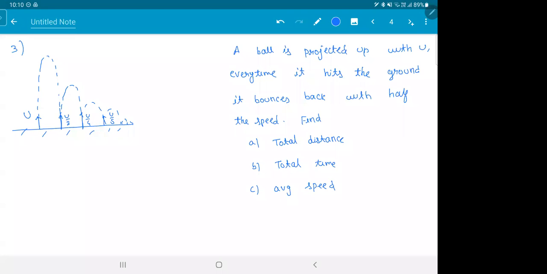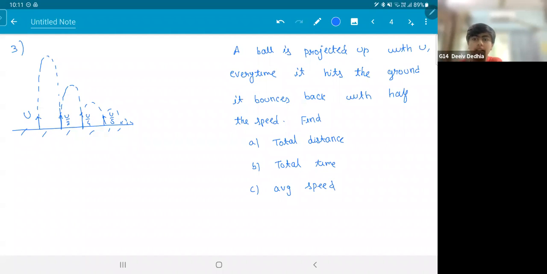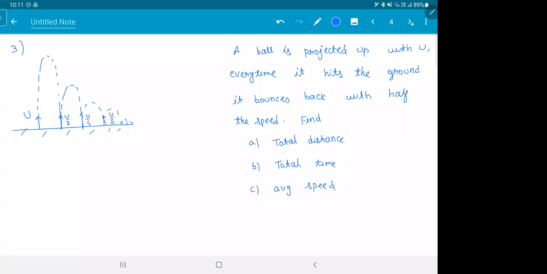Distance 3h, 4h. What is h? I didn't give you anything called h. I know you mistook this from that other question. That's a different question. That question is where I dropped it from height h. Find the total distance traveled. Don't repeat, it's not the same question. But sir, then we can't use... Yeah, the answer should come in terms of the variable u. Answer comes in terms of u and g.